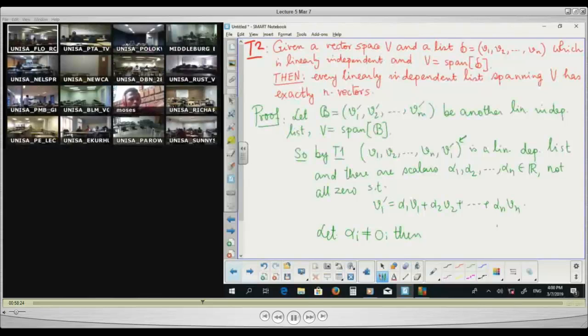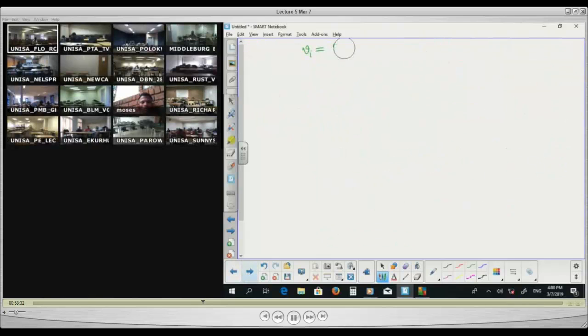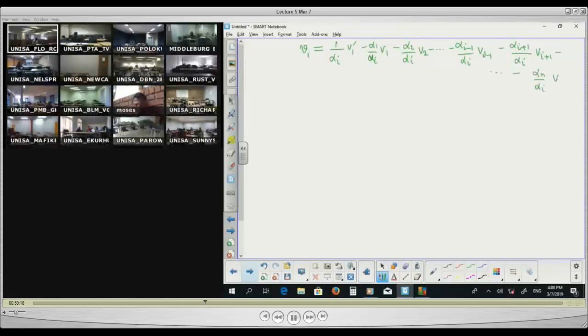So I can write Vi as... so that's why you see I don't have alpha i on the right hand side. So which is